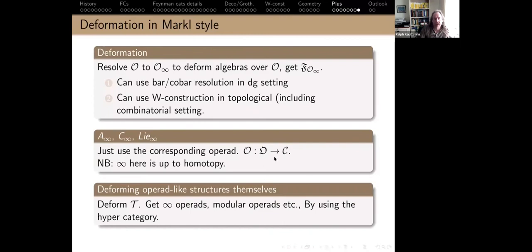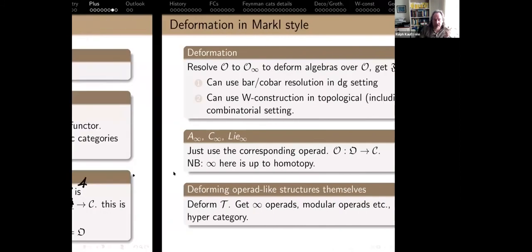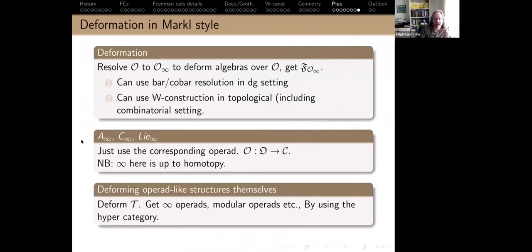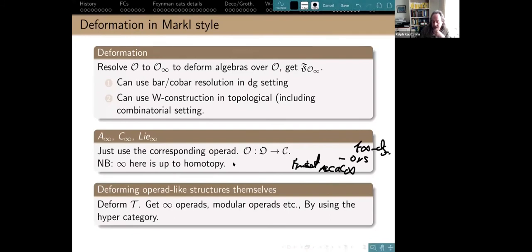And here's the example. Just use what I said before, namely that Fin plus is basically operads. Then you take your favorite operad, like the associative operad. That one you can W construct, you get A infinity. That was a picture of the Stasheff polyhedron. And then I can enrich my thing. So I can look at FinSet plus Assoc infinity. And then I can look at the ops on that, and those are exactly the A infinity algebras. And I can do that either in the linear setting or in the topological setting.